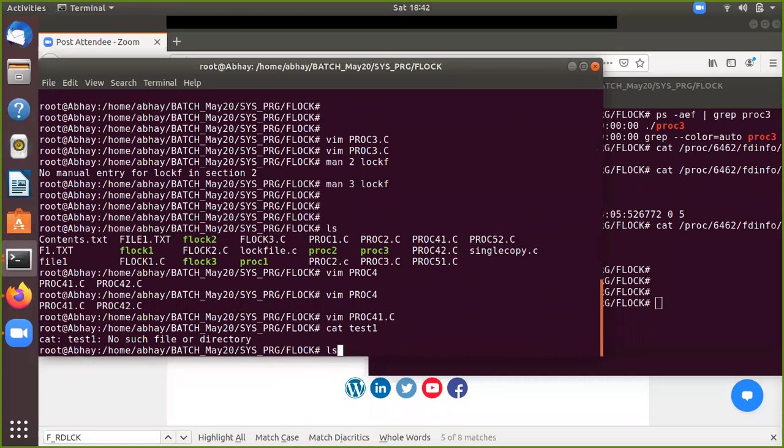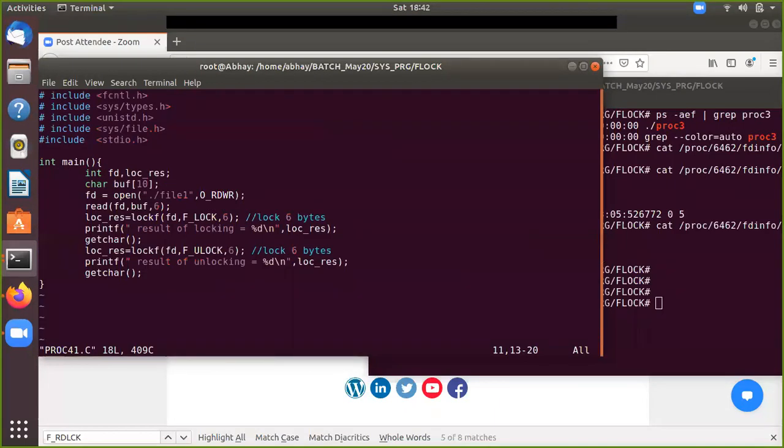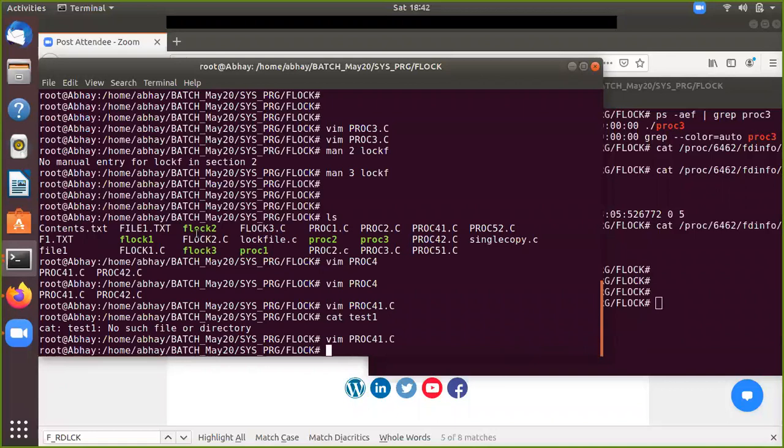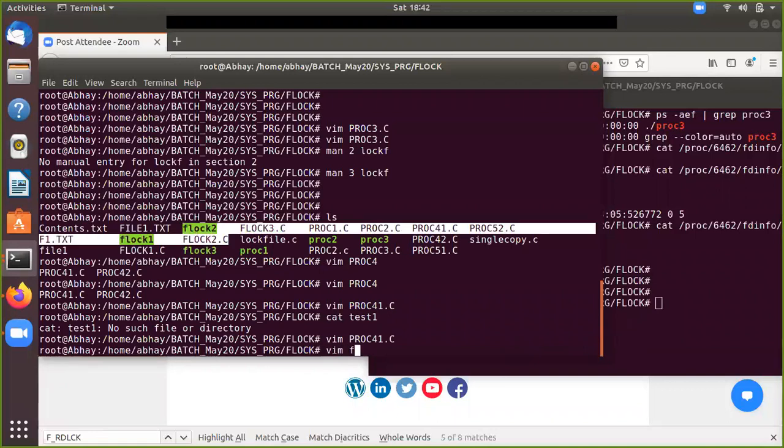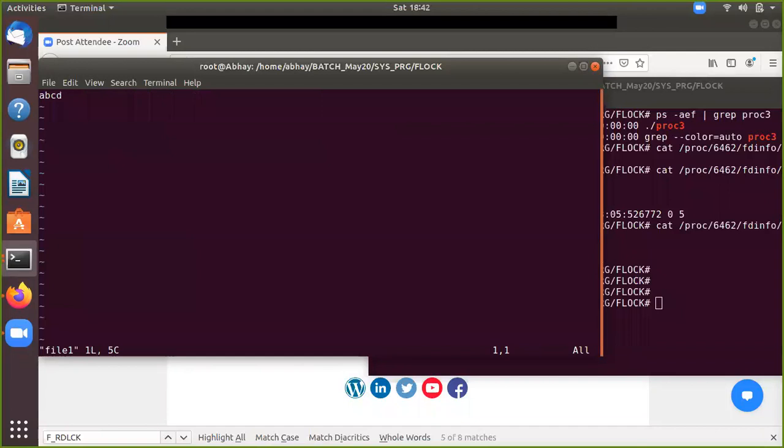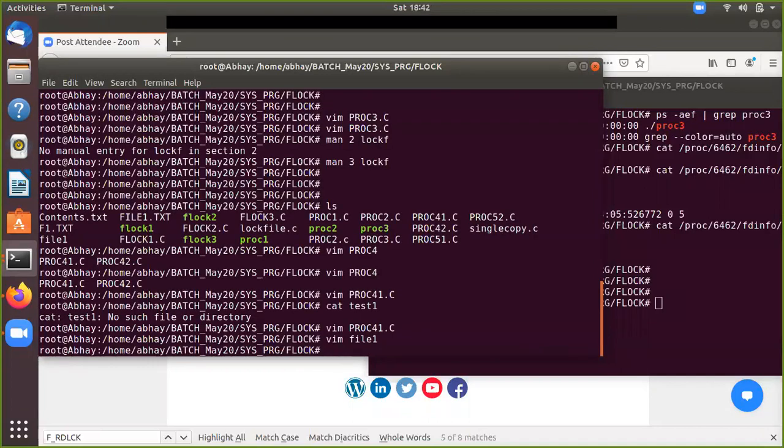What is the file name? File1. So cat file1.